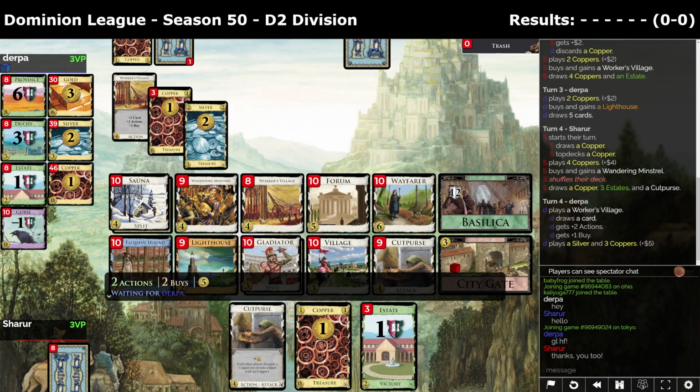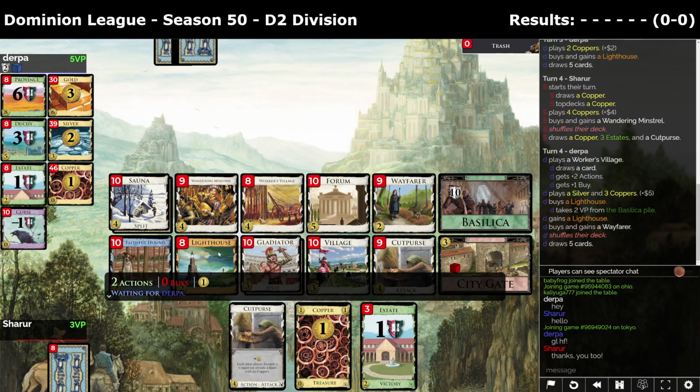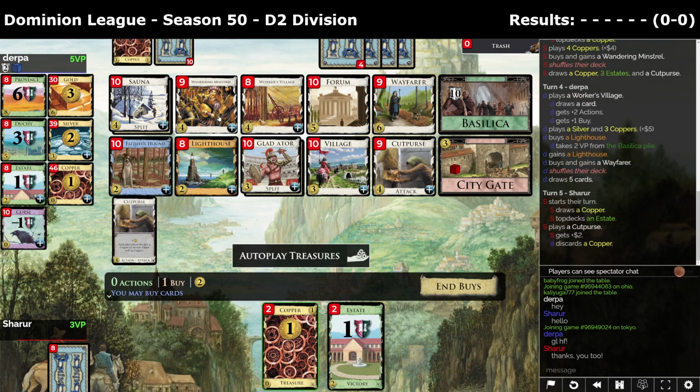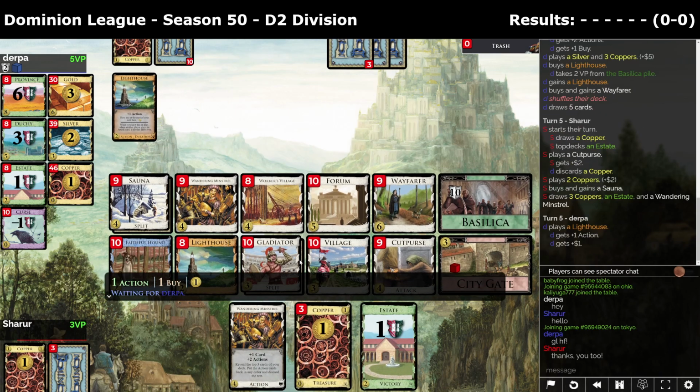So we probably take like Faithful Hound, Wayfarer off of the Workers' Village. I think we've got a top deck in a state. What? Yeah, I mean we don't really want. I mean, we could top deck Copper. Well, we're gonna hit the price point we want even if we do top deck the estate. So I think we go ahead and do this. I think we take the Sauna at this point, because we're gonna get the...